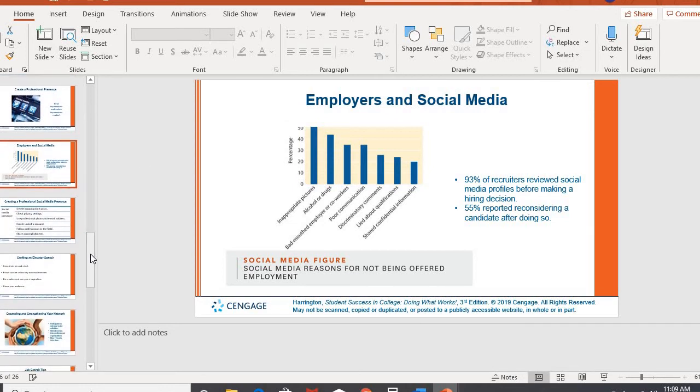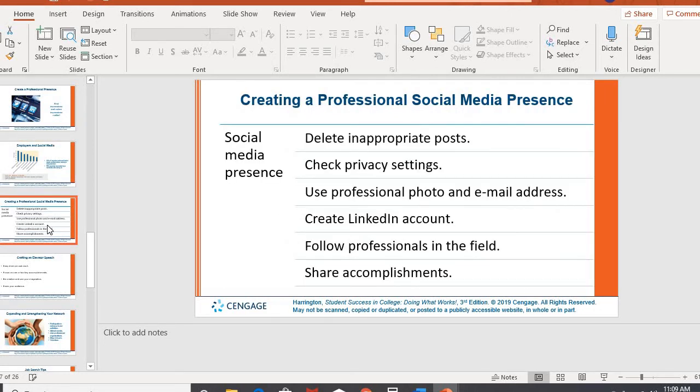Or what a lot of people will do is they'll have two social medias. They'll have their personal and then they'll have their professional, where their professional will maybe say you're a teacher, it'll say Mrs. Linda Remark, and then your personal is just Linda Remark, whatever the case is. So that might be something to look into. So making sure that you're professional, look at your privacy settings, look at the photos that you're posting, who are you following, who's tagging you in photos.